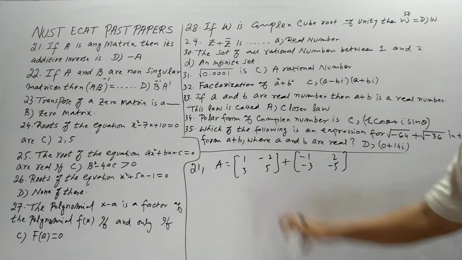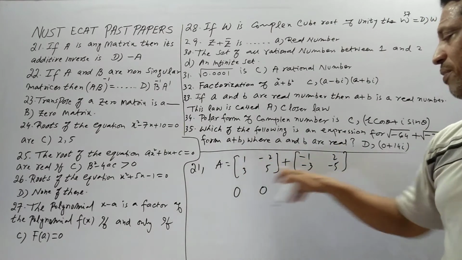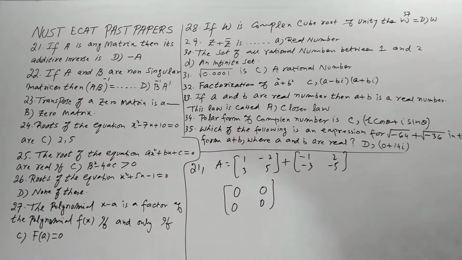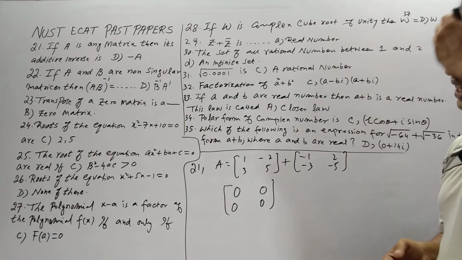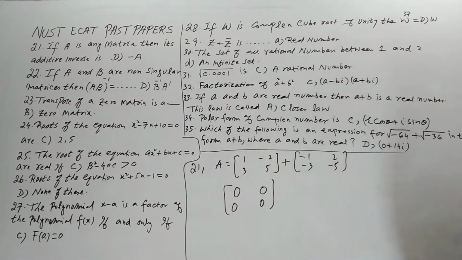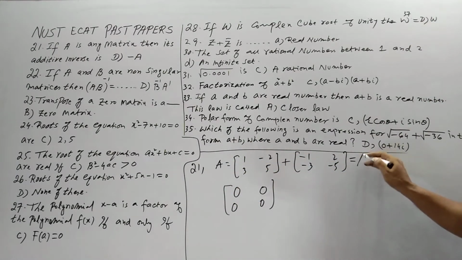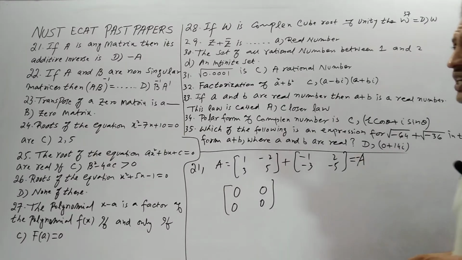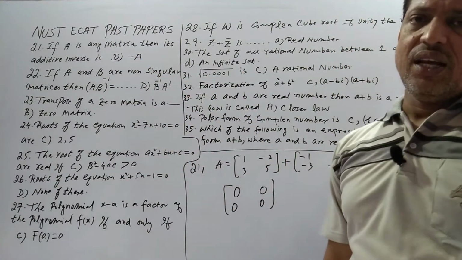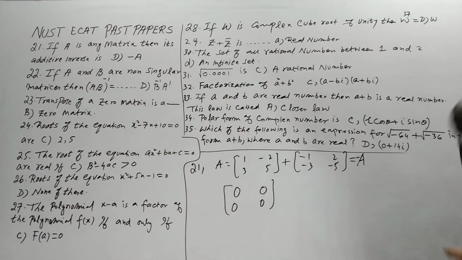Now if you add these two, 1 minus 1, you will get 0. This is your target. Minus 2 plus 2 is 0. 3 minus 3 is 0. 5 minus 5 is 0. So this is our target. How to achieve it? Just opposite the signs of the given elements. Just change the signs of the elements. So if this one is A, this should equal minus A. The correct option is that the additive inverse is minus A, option D. The correct answer is minus A, and this is the concept of MCQ number 21.